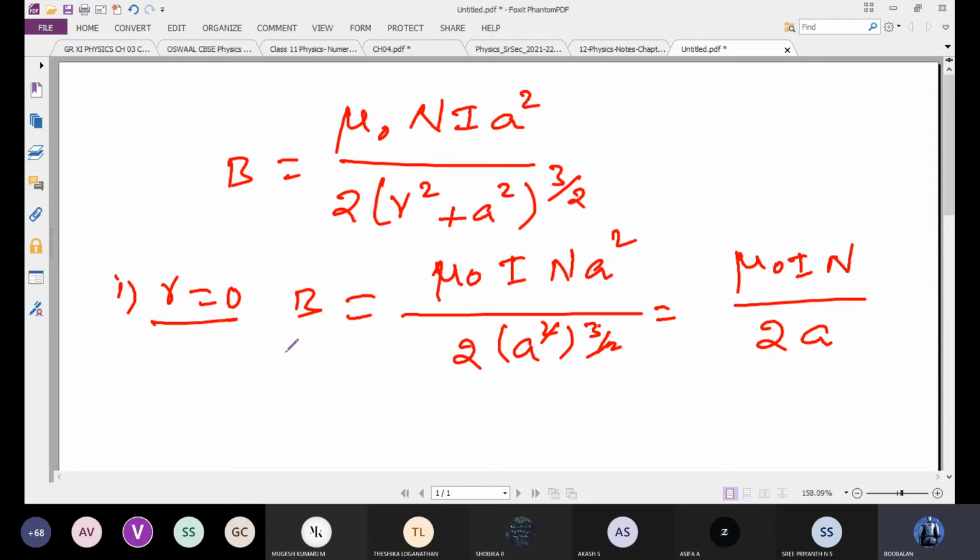Next, one more change is also there. Capital A. So what's a capital A? It is the area of the circular current loop. Capital A is the referred area of the circular current loop. The value of area, it is a circle now, so pi a square. Just multiply with pi a square.